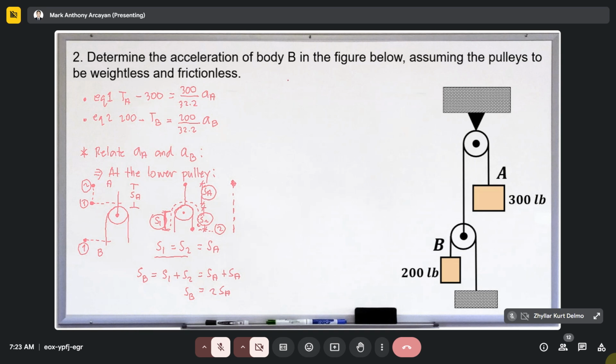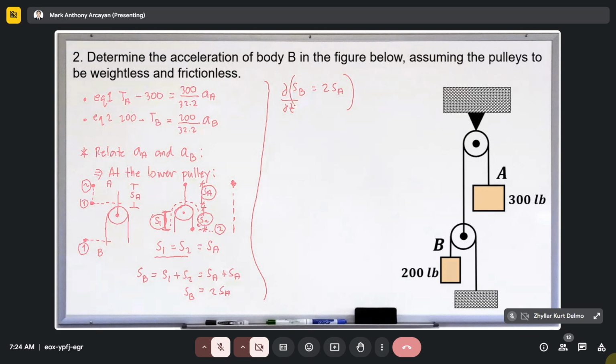And using this relation that the displacement of block B is twice of that of A, then if you take the derivative of this with respect to time,